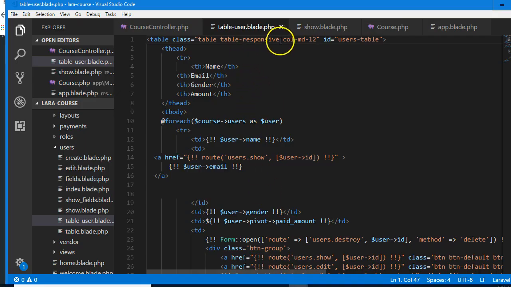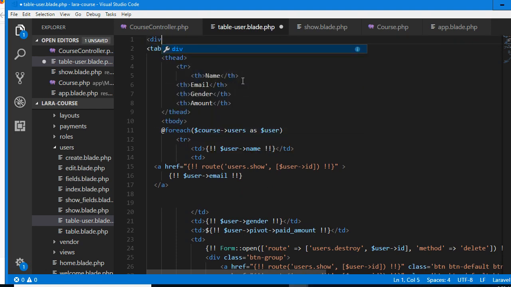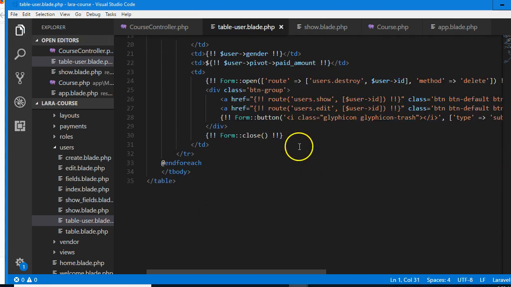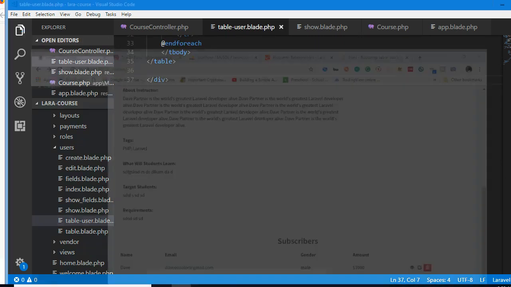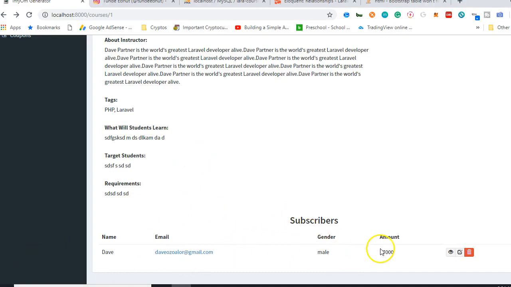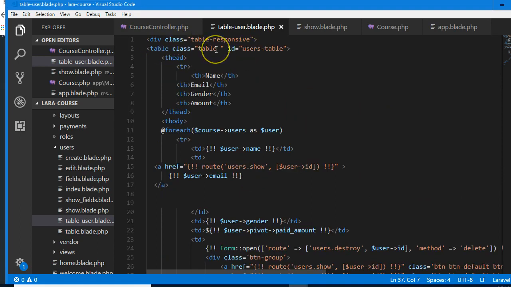The special Bootstrap way to do that is to remove the table responsive class from here and put it in a separate div above, div class table responsive, and then close the div, then come to the bottom and close the div. So this way, as expected, you see, now it works. If you want the table to spread, depending on the version of Bootstrap, normal versions of Bootstrap, table responsive inside the table element should work, but in some versions of Bootstrap, Bootstrap 4 Alpha, Bootstrap 4 Beta, whatever, you might